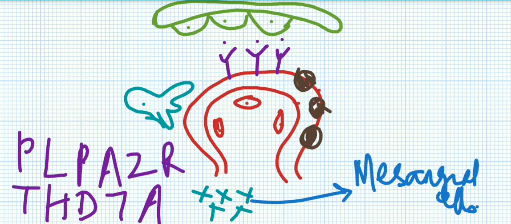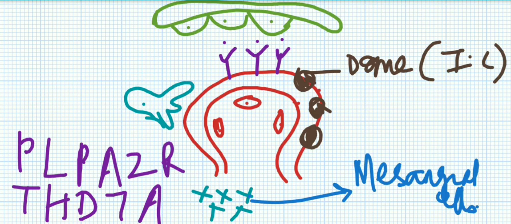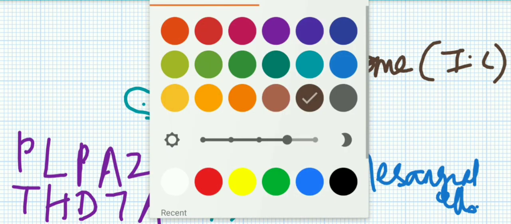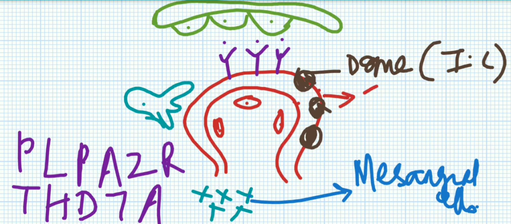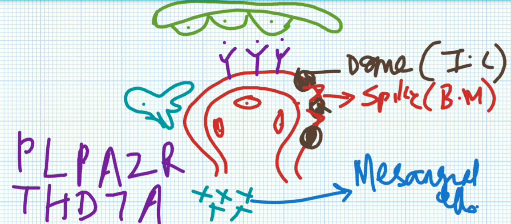That is giving rise to this dome. This immune complex is actually the dome. Now in between you get some basement membrane like this, so that will be the spike. The spike is actually due to the basement membrane, and the dome is actually due to the immune complex. So as a total, it is a dome and spike appearance that you get in membranous glomerulonephropathy. It is very important to remember the receptor names, PLA2R and THSD7A.